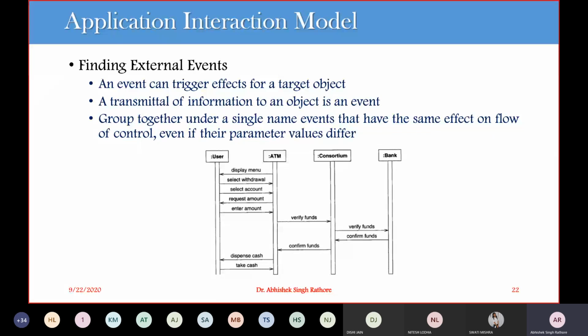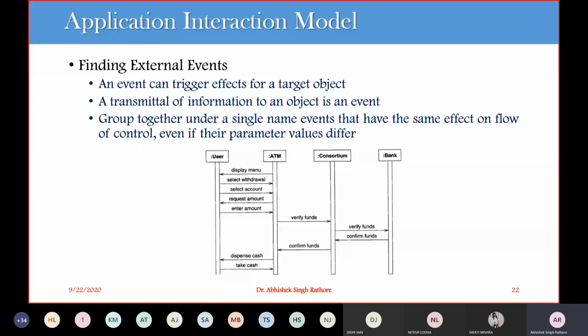So when we are considering this external event, your event can trigger effects on your target objects, like you are having some internal computation steps, or you are going from some exceptional computation that interacts with your external world. So you can use your scenarios to find what are the normal events, but we have to consider all the unusual events, or the error conditions, or alternative flow. These are different names: unusual events, the error condition, or the alternative flow.